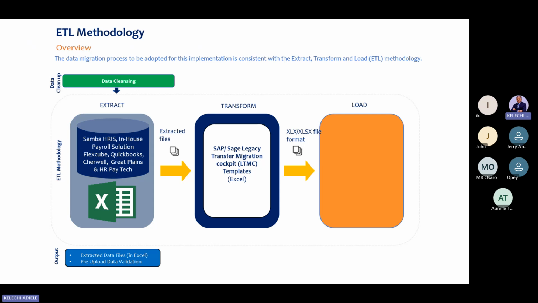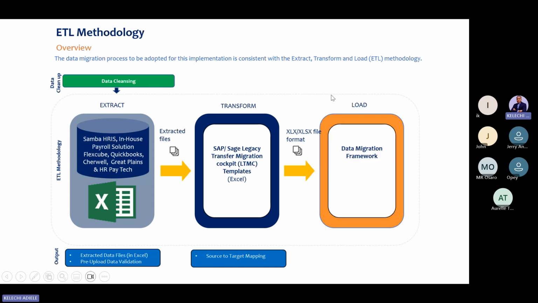So you need to ask for the relevant information that Sage needs. Don't just go and ask any question. You should have gone through the Sage system to know the required information Sage will need. Then you ask those questions, and when you come back, you transform it by making sure that it complies with the template. Then after you have transformed, which is source to target mapping, the next step will be to